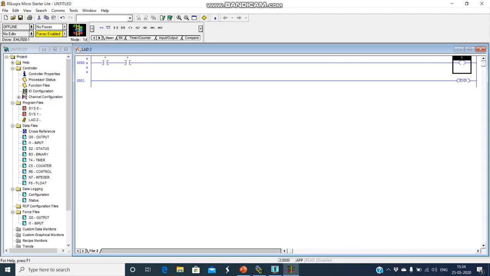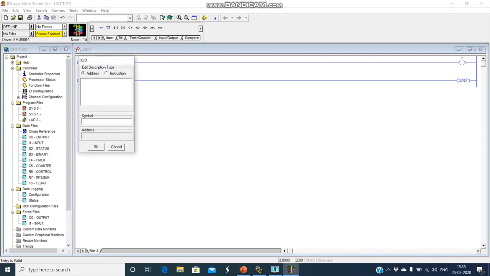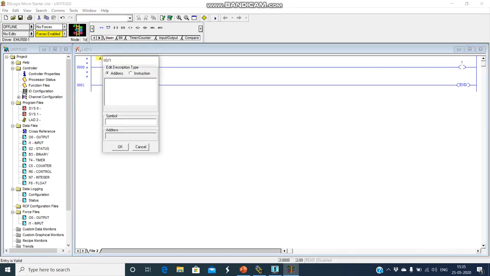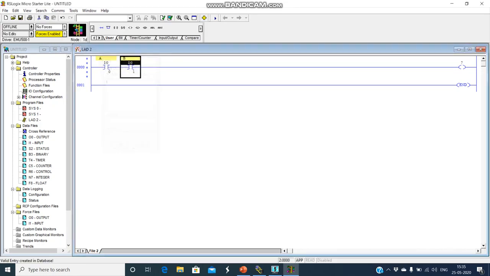Now the ladder diagram is ready, but we need to specify the addresses. We give I0:0, so this will be your A. The second terminal is I:0/1, so this is your second input, that is B. Next, the last one, this particular part is your output, which you represent as O0/0.